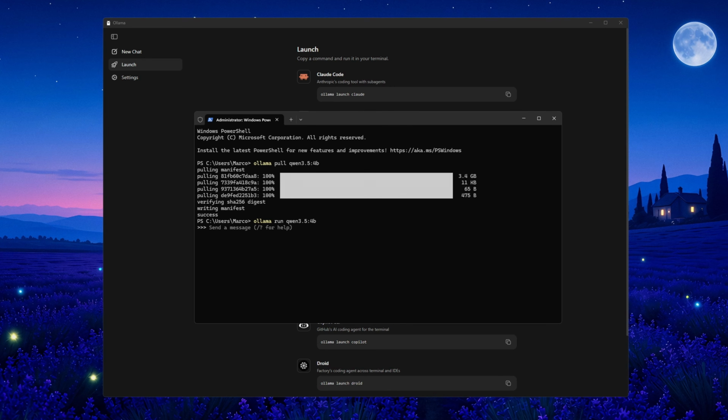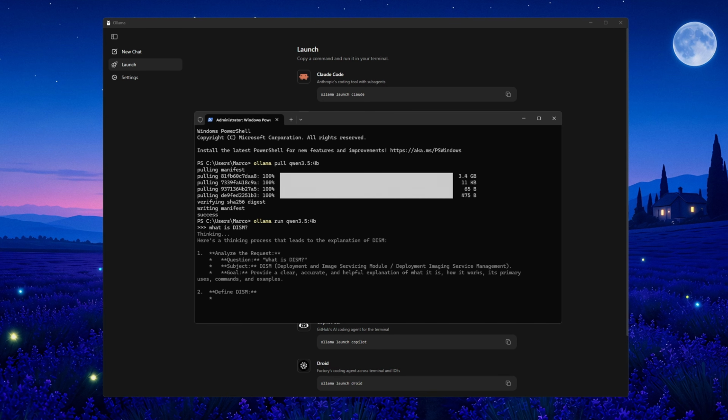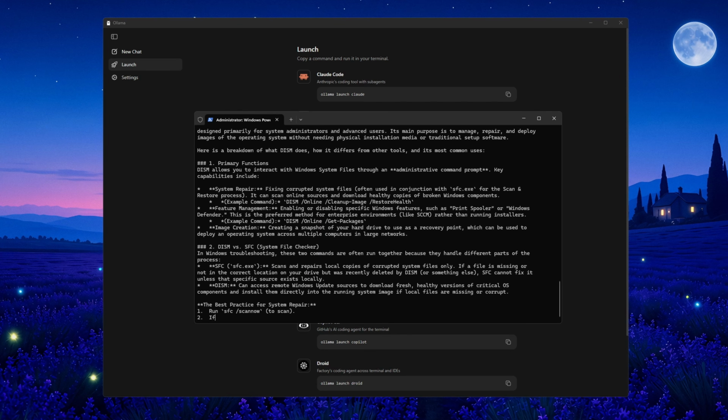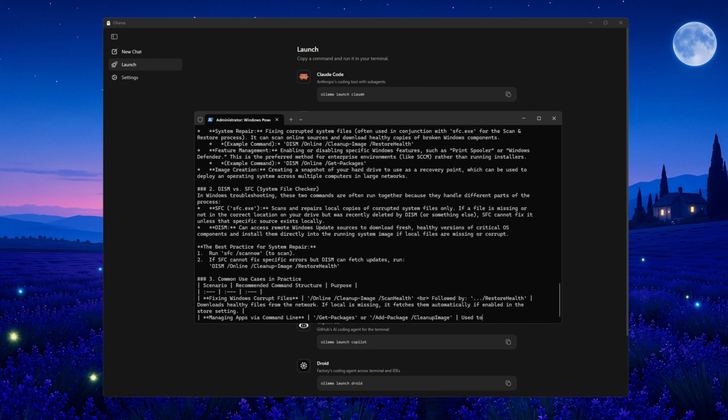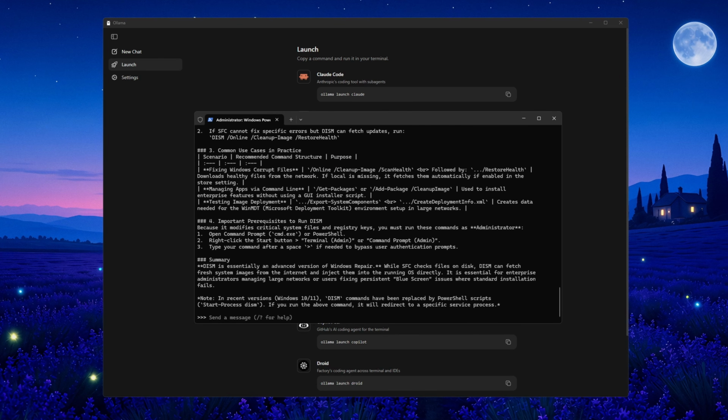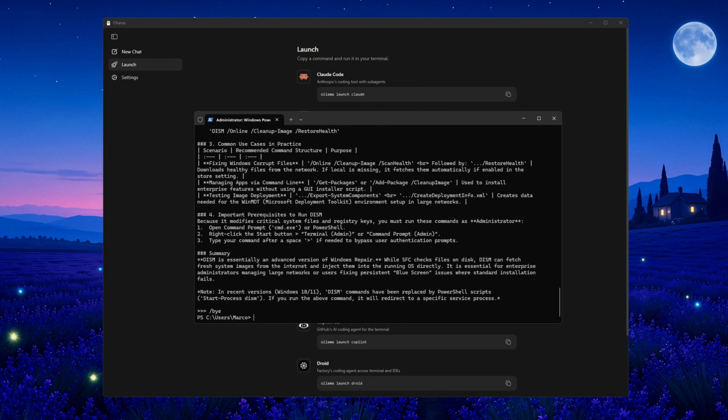So if I press enter, it loads the model up, and then it just asks you to send a message. So I'm going to ask it, what is DISM? A nice Windows question. And you can see it takes a little moment here because this particular model thinks before it answers. You can actually see it thinking right here. And then it gives me the answer of what DISM is. And that right there is a real AI model running on my own PC answering my question. And to get out of this chat, you just type /bye and it exits.